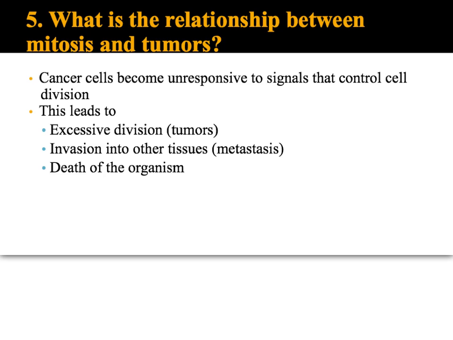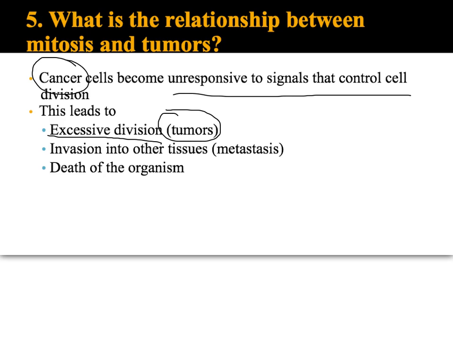So if cells become unresponsive to these signals and they move on to the next stage of the cell cycle when they're not ready, that's when we have cancer. So in cancer, we're basically getting excess division. We're getting cells dividing when they're not supposed to. So we end up with a bunch of cells kind of piled on top of one another that have divided too much. And this is called a tumor, when we have a clump of cells